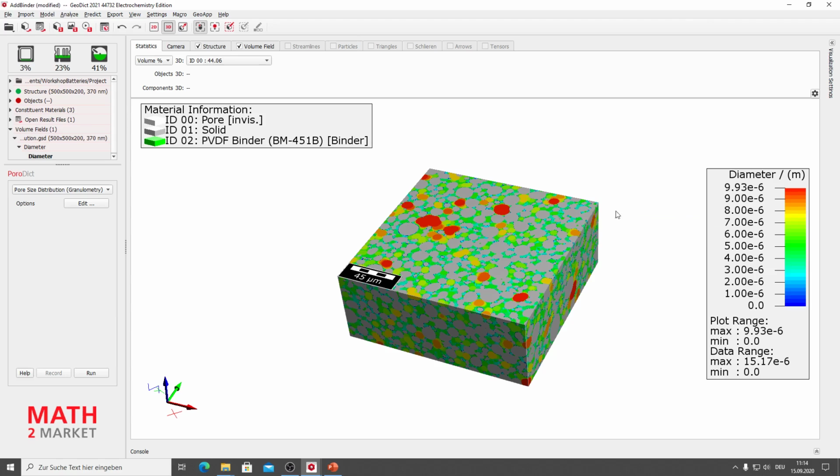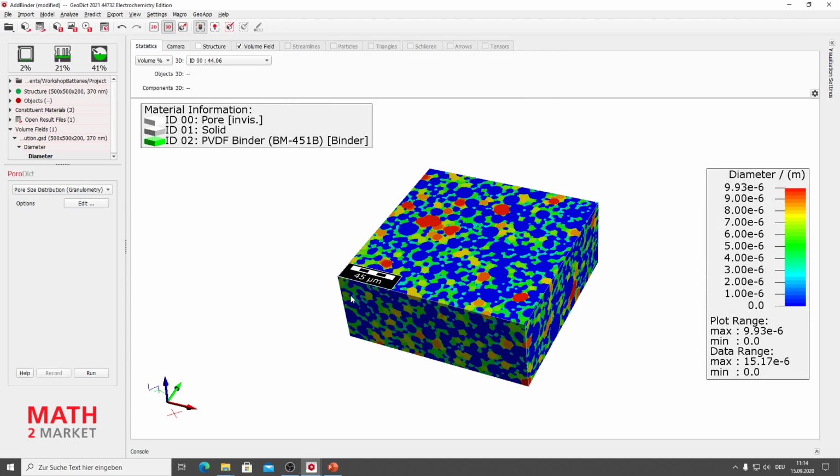So if we only want to look at the pore space now, because we don't have any pores in the solid material, of course, we can uncheck the structure tab up here, and you see that there's only the result field being left. Where there was the solid material before, we have now a pore size of 0, which makes sense.